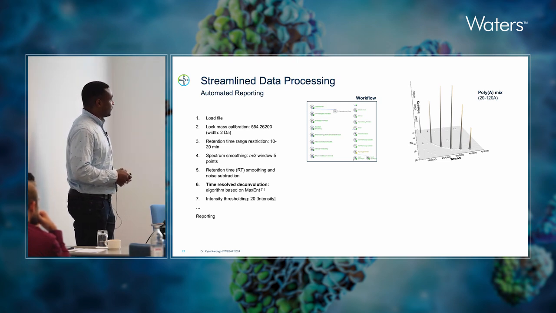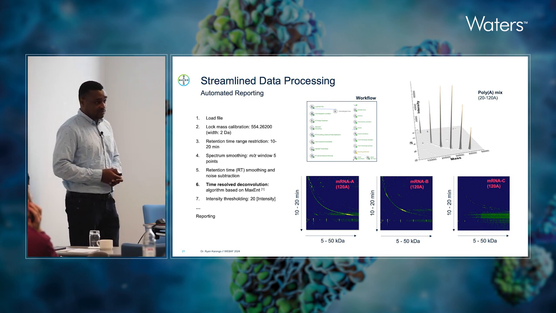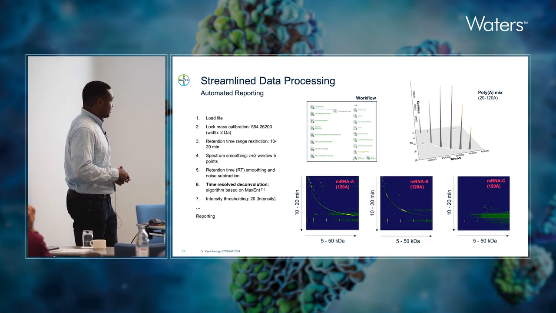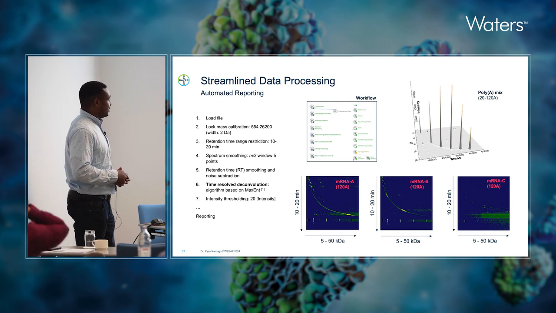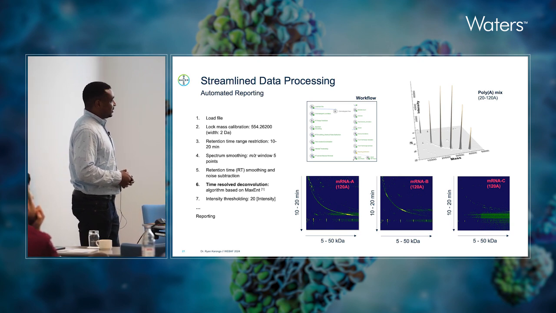If we look at the mRNAs which we have synthesized, we can see for mRNA A, where we expect 120 poly-As or 120 As tail, we can already see good signals for that range. For the 7030 design, we can also see 2 good peaks. However, in mRNA C, we were not able to detect a poly-A at all, or at very, very low amounts.